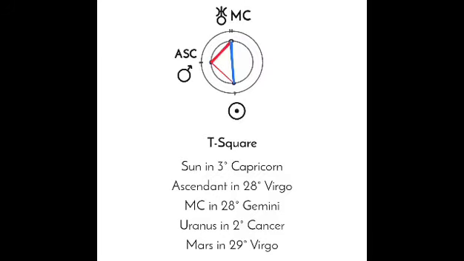So I'm going to talk about her energy in this T square, and then I'll get into the houses that they fall in. First and foremost, we know that the opposition is between her sun, her Uranus, and her MC. Remember, when we go back to understanding the T square, that opposition is always going to present itself as an obstacle. So obstacles are what? Meant to be overcome. If you have an opposition in your chart, with that T square energy, you want to see where's the obstacle to overcome.